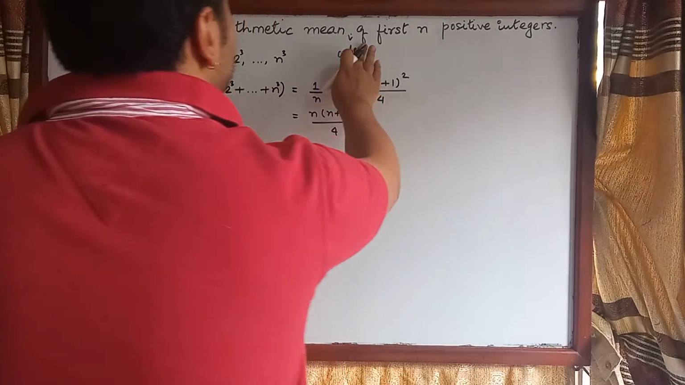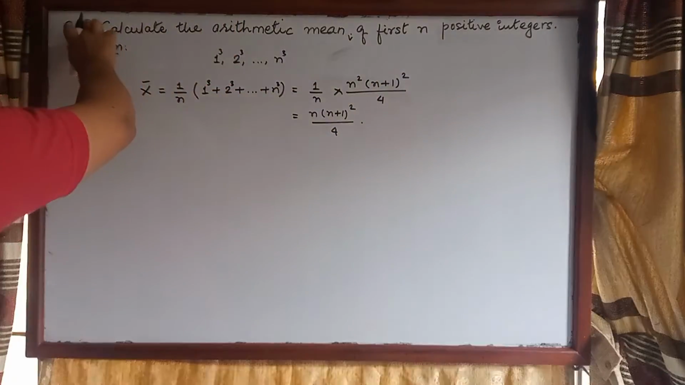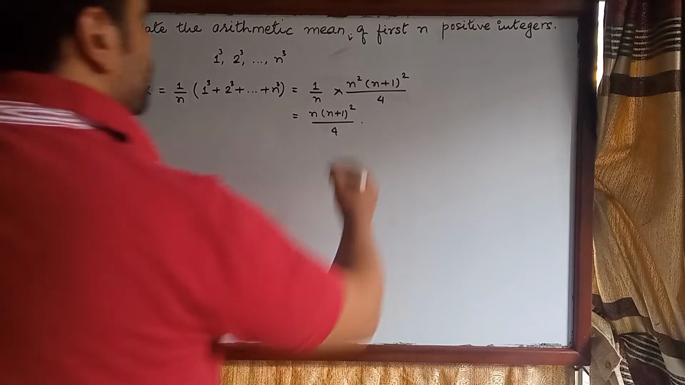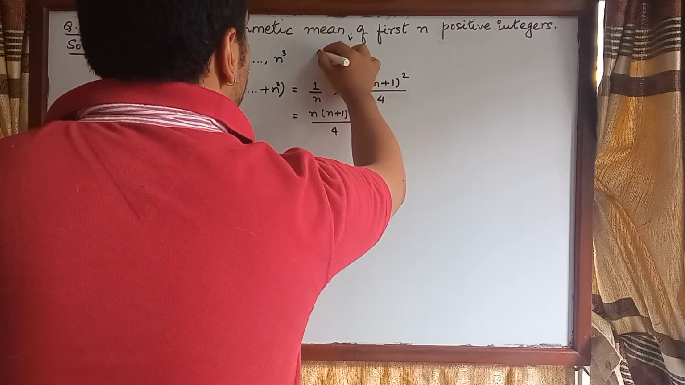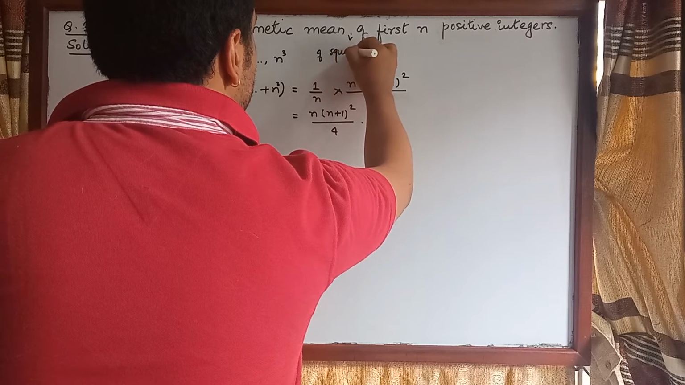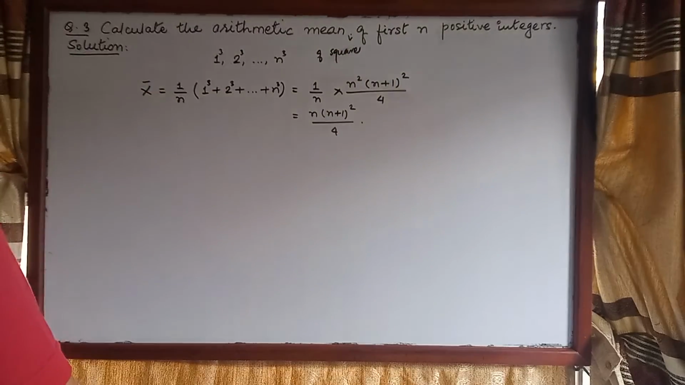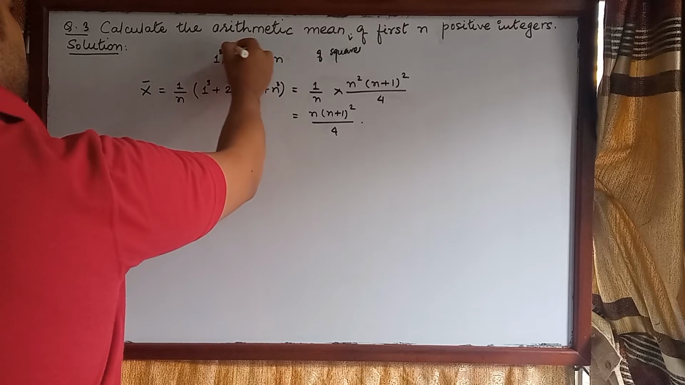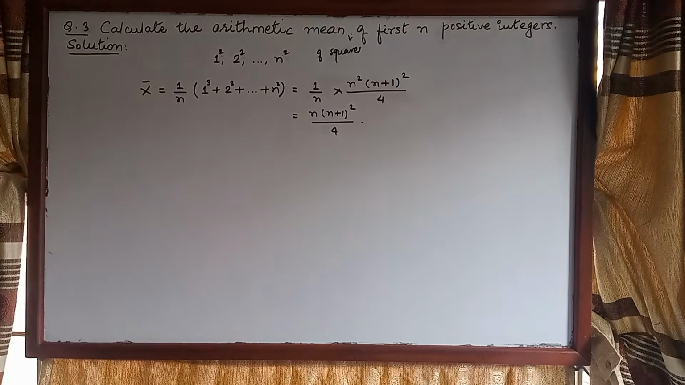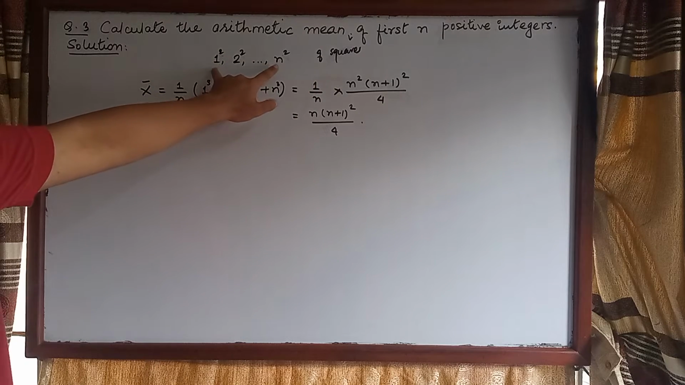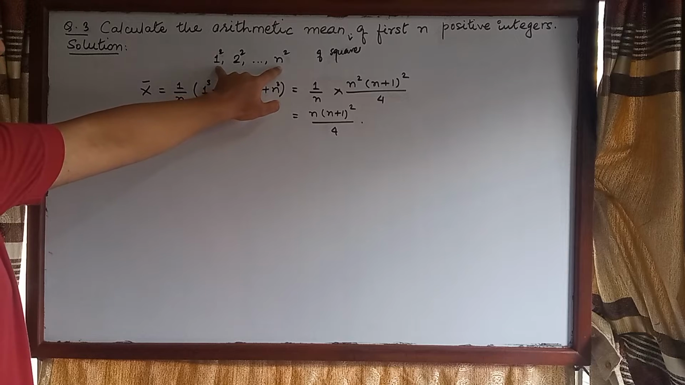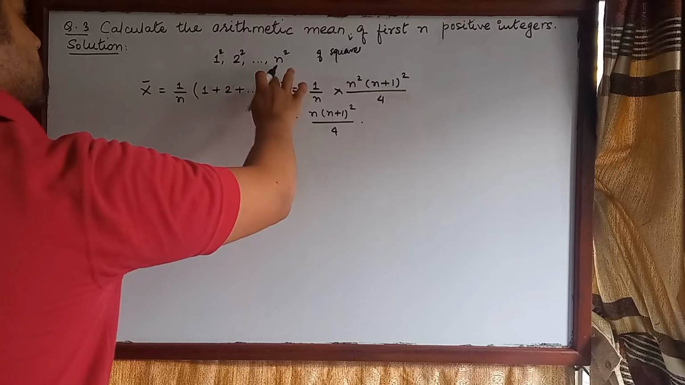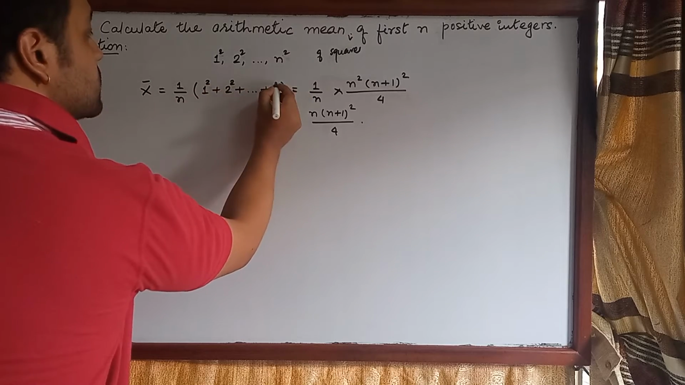Now what if we have the arithmetic mean of squares of first n positive integers? Then in that case we need to find this arithmetic mean of these observations, which would mean something like this. Okay,